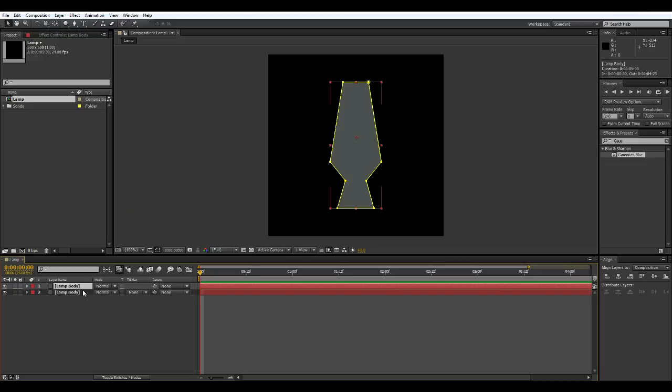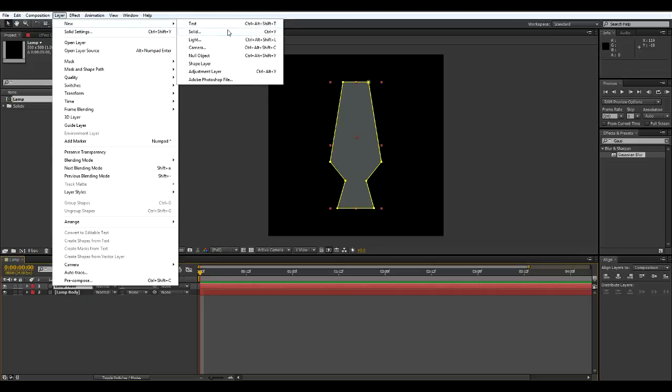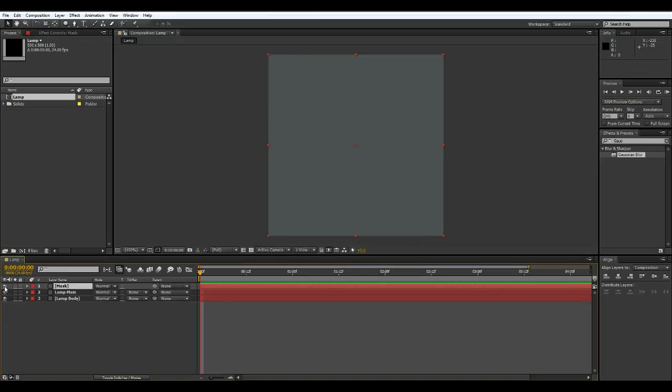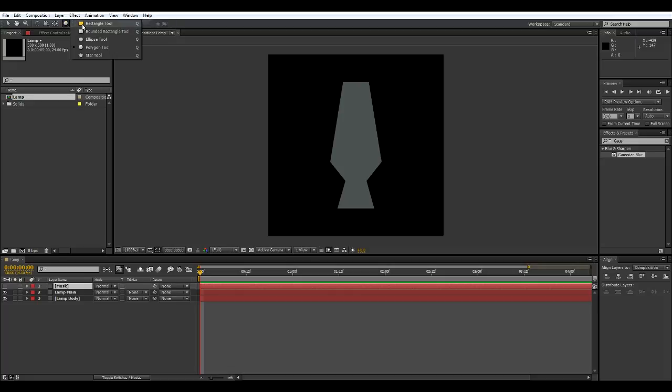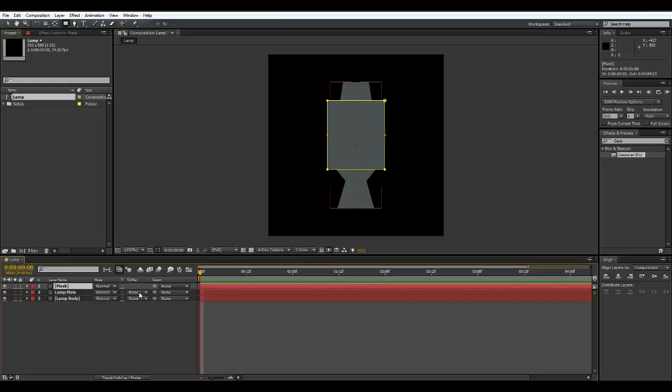We're going to duplicate it and we're going to rename this to lamp main, and we're going to create another layer. We're just going to call this mask. Now just turn it off and select the rectangle tool, and we're going to select just around this area here. Okay, can turn that back on even though we don't need to,